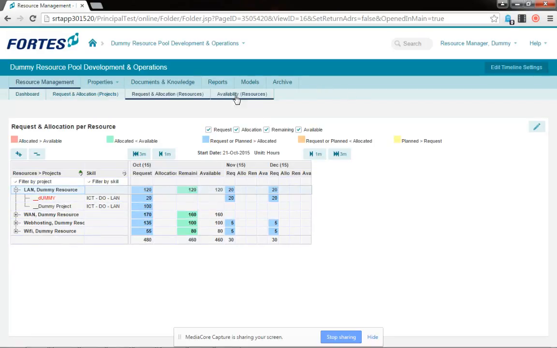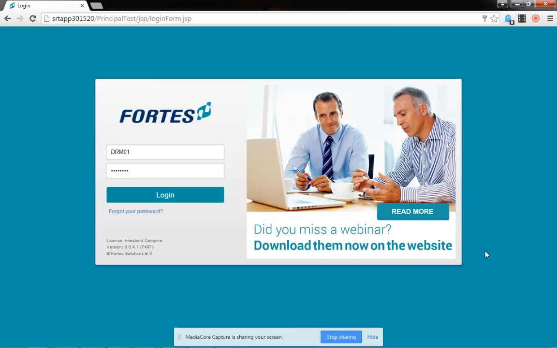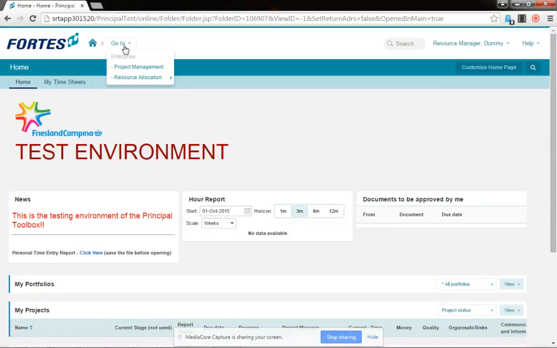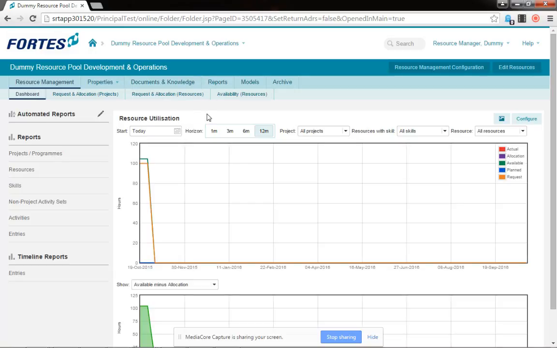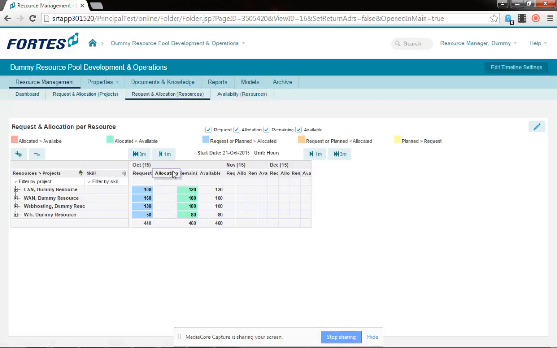So we are going as a resource manager to see what has been requested for at least the coming month. Yes. Going back to our resource pool. Now going into the request and allocation tab. Here we see the